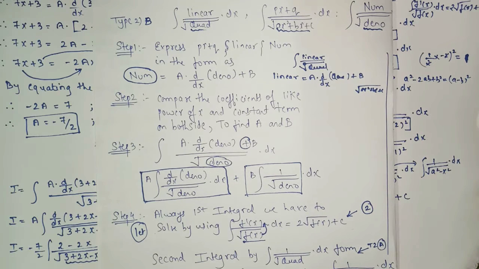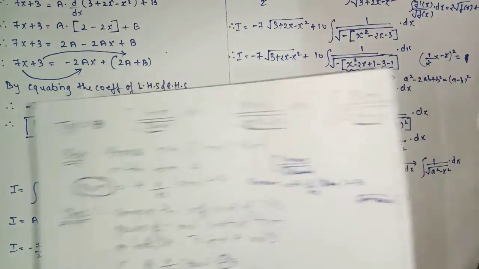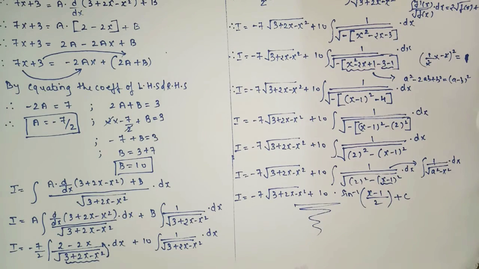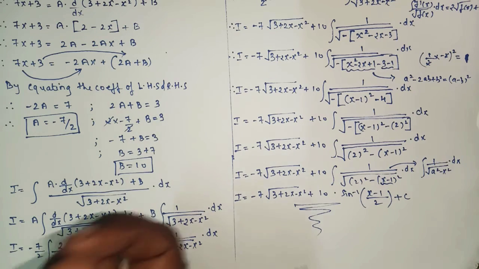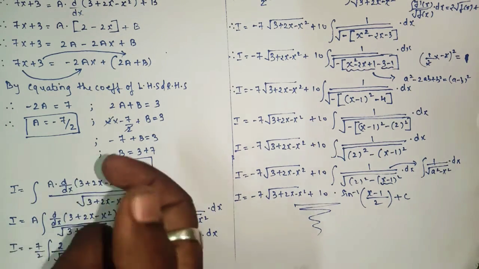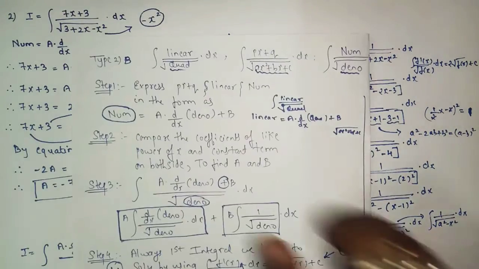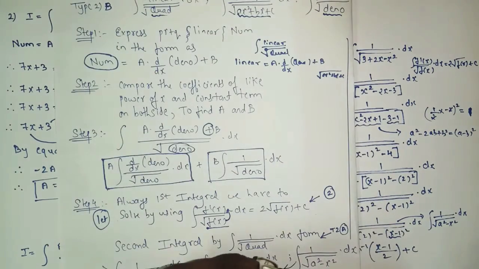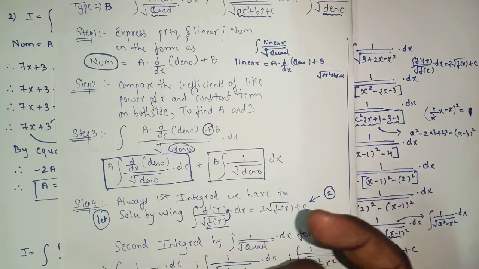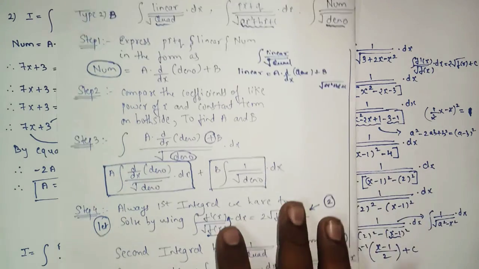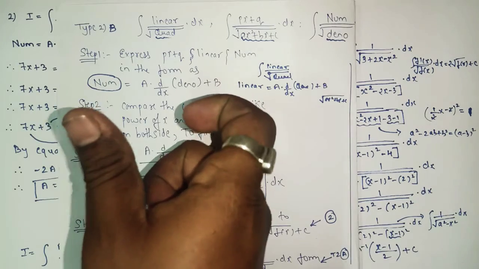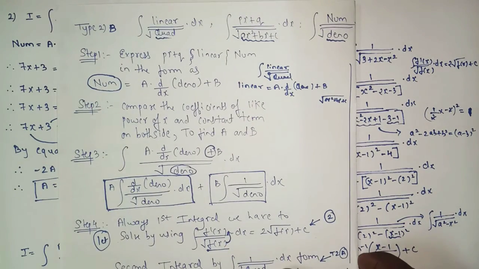There are a few more sums in the exercise. Please check those sums and try them by yourself. Okay, so let's check two more examples in the exercise, and the format of the sum is a little different. I will explain, if the format is a little different, what exactly we have to do and how to convert that sum into type number 2b, and the remaining section how to solve, that I will explain, but the solving part you have to do by yourself. Just simply I will explain how to convert that particular question into the format of linear upon root quadratic.